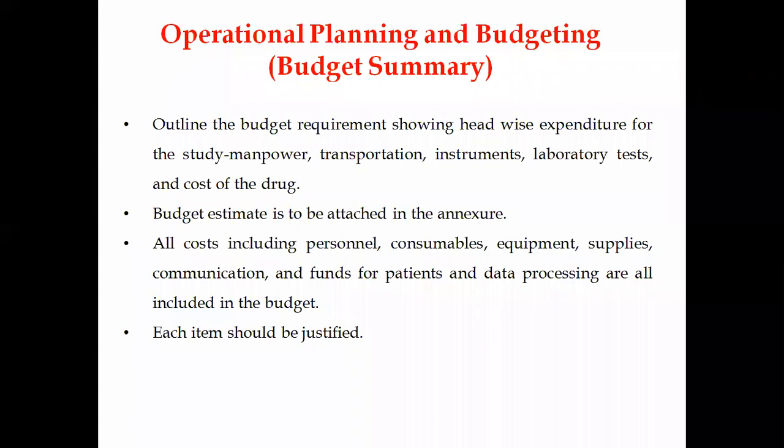Is there any new drug, or any existing drug which you are going to buy? What is the cost of the drug? You need to give an allocated budget to each and every aspect, depending on the type of clinical research. This budget will estimate whatever you are going to spend, and how you are going to spend it according to the timeline. You need to give the budget plan, and that has to be attached as an annexure at the end of the protocol, so you need to submit that also.